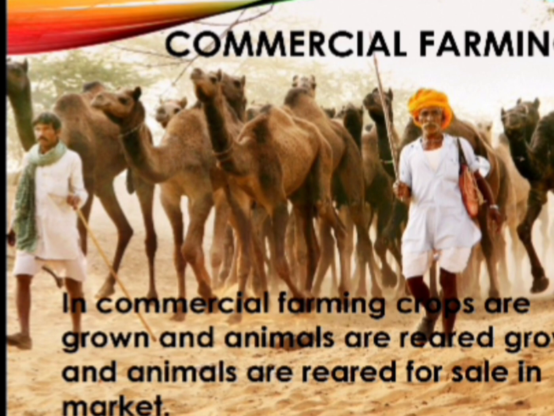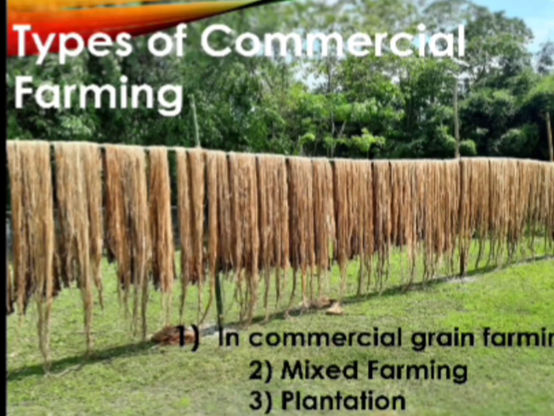the plantation agriculture. In commercial grain farming, the crops are grown for commercial purposes. Wheat and maize are the commercially grown grains. This type of farming is done in the temperate grasslands of North America, Europe, and Asia. These areas are sparsely populated with large farms spreading over hundreds of hectares. Severe winter restricts the growing season and only a single crop can be grown.